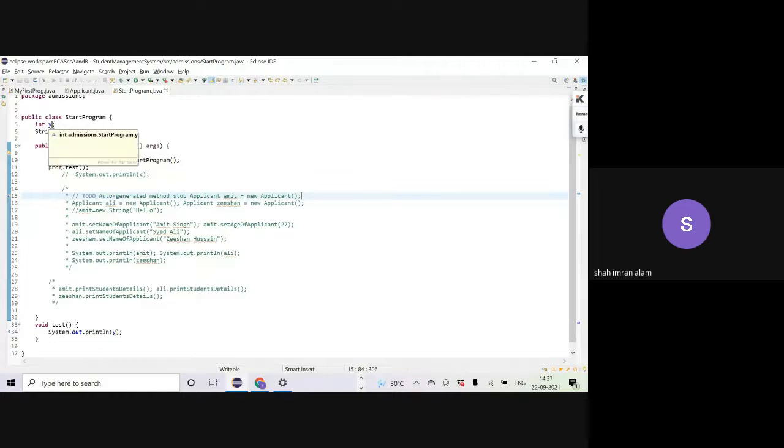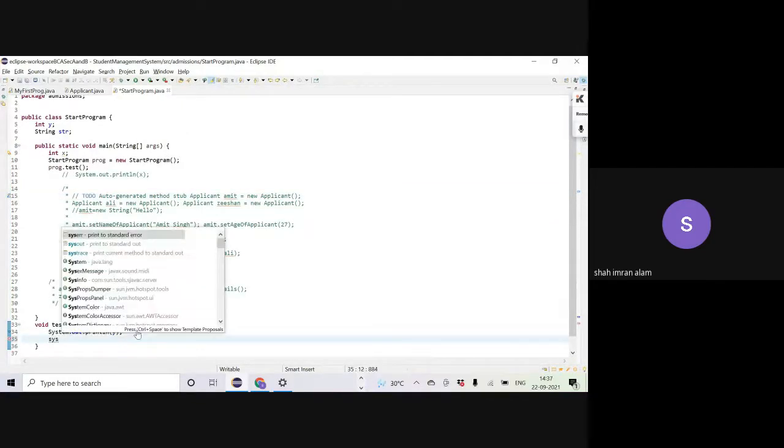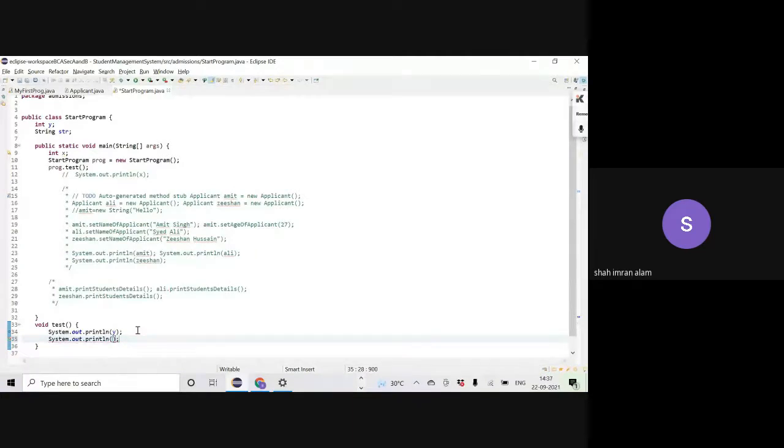I have y and str, which are instance variables or state variables. I have not initialized them either, and I want to print both y and str. What output will I expect here?